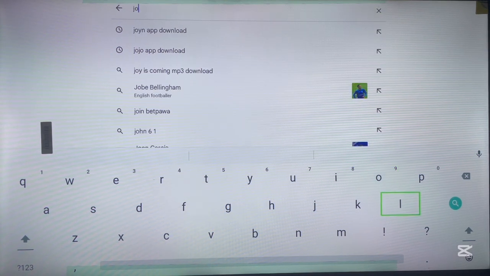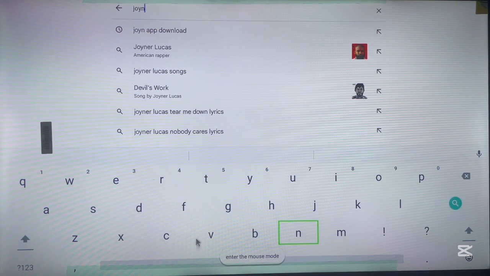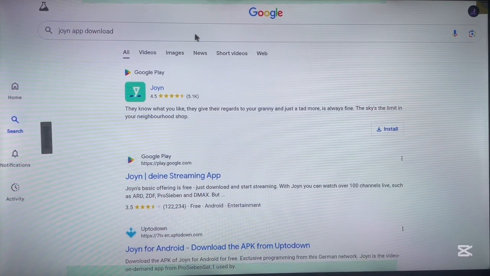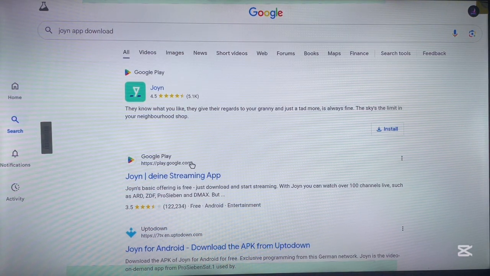So when I come out here, I'm just going to type in the application, which is Joyn app. Not to waste a lot of time, I already have it in my suggestions, so I'm going to click on the option that says Joyn app download, and here's the application we're looking for. You can come over here and just click on it once,